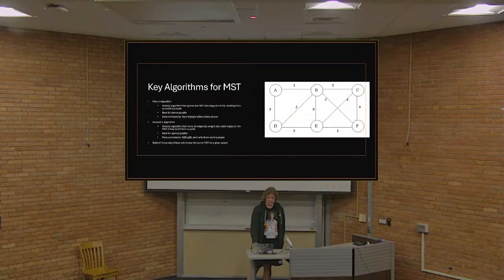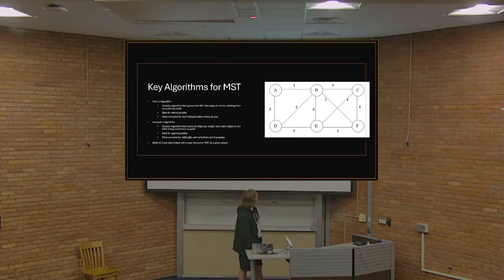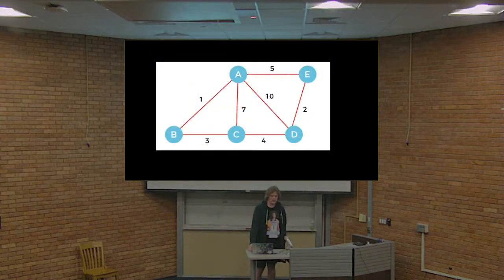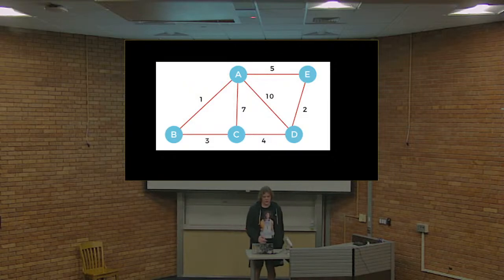If I can restart the GIF here. So it's checking all of the connected edges. It's checking that 3 that's connected to A and the 3 that's connected to B and the 2 that's connected to B and the 6 and the 5 and finding whichever one is the least, right? So it's a greedy algorithm choosing the lowest weight at whatever step you're at. And like I said, you're going to get the same tree for either algorithm. So I'll just go through on this little graph here,